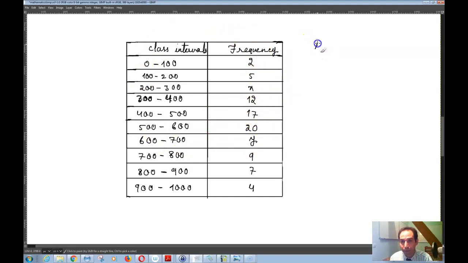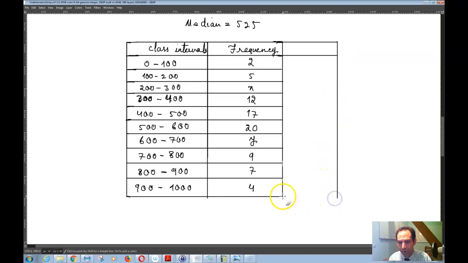Okay, so now I know that the median of this data is equal to 525, and I want to basically find the values of x and y here. So first, of course, I need to find the median class. So if your median is 525, then the cumulative frequency of these classes are